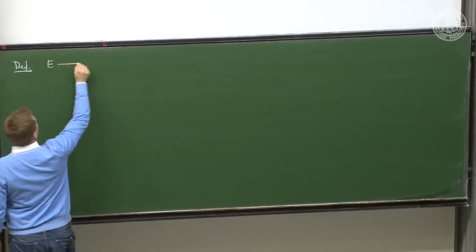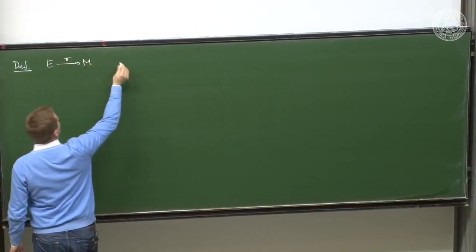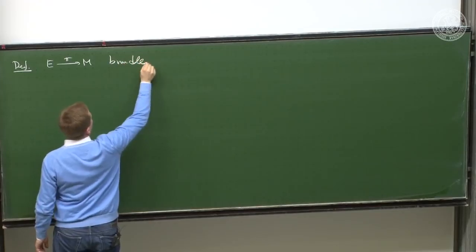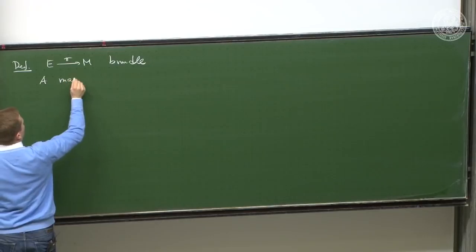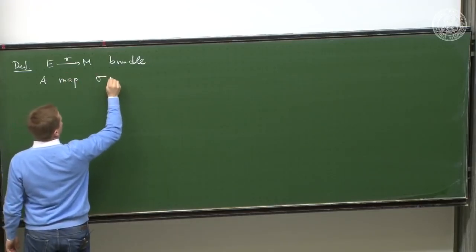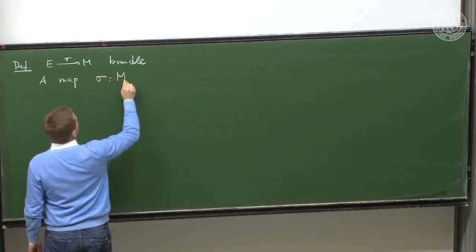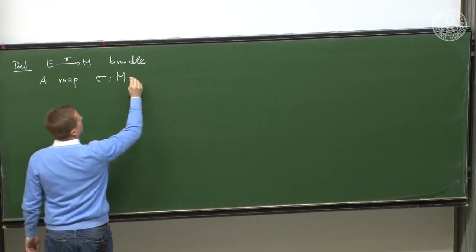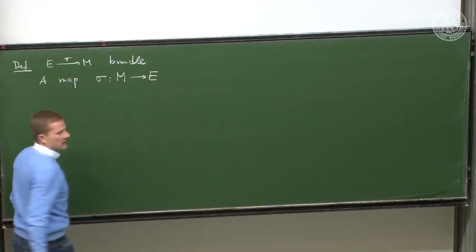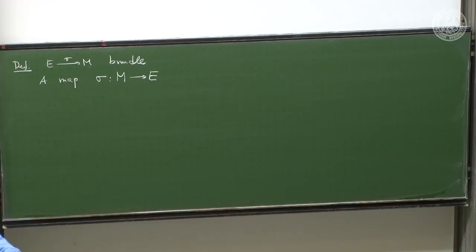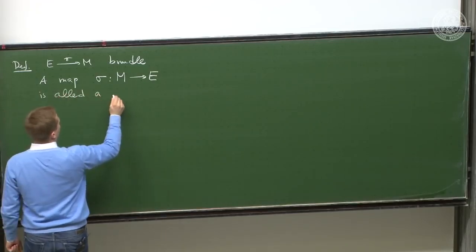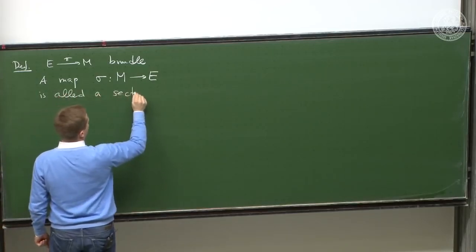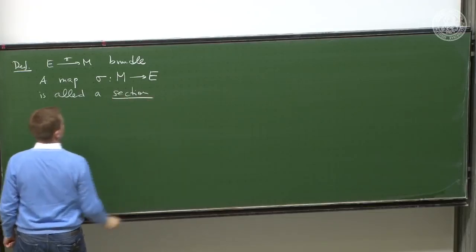Let E, π, M be a bundle, then a map σ that starts in the base manifold and maps into the total space. So it's not in the projective direction, it's the other direction. Such a map is called a cross-section, or a section of the bundle